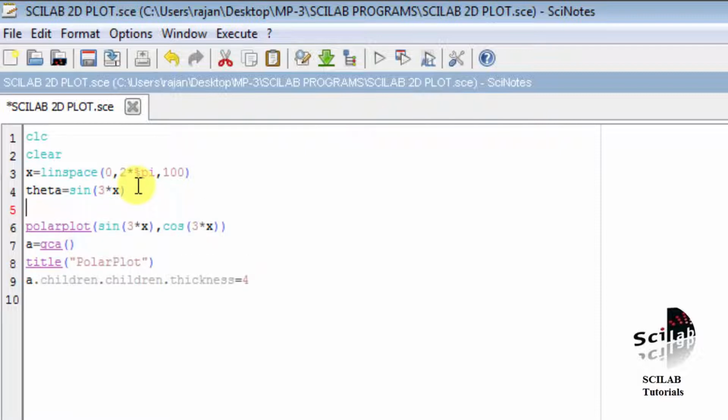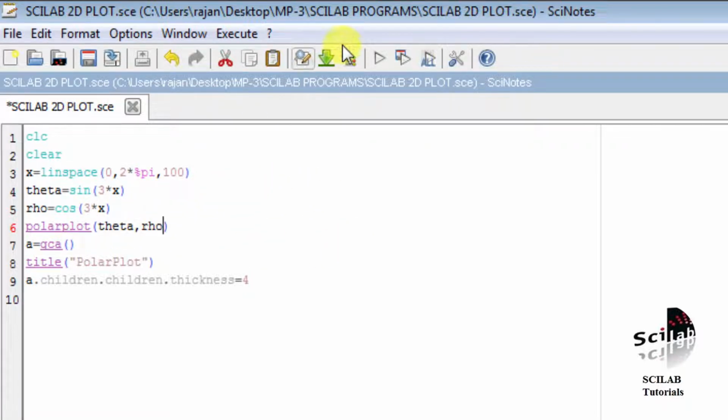Similarly, when I give RHO is equal to cos(3*x), this will give the value of radius, and this will also contain the values from -1 to +1, and the total number of values will be 100. Now I will write this with polarplot(theta, RHO).